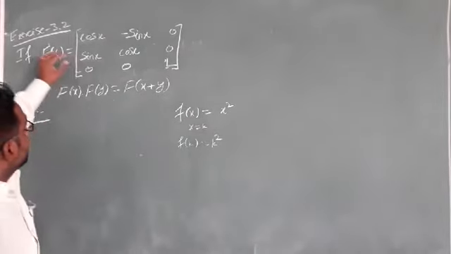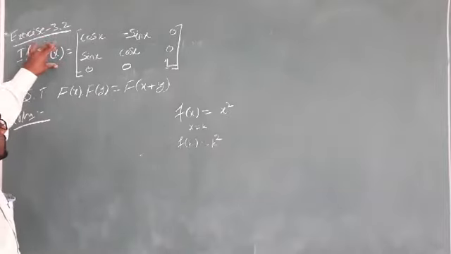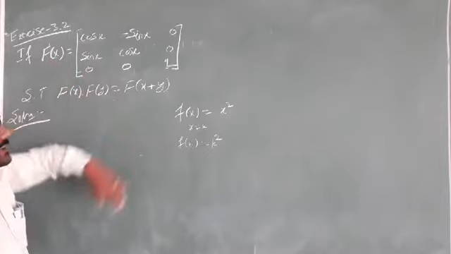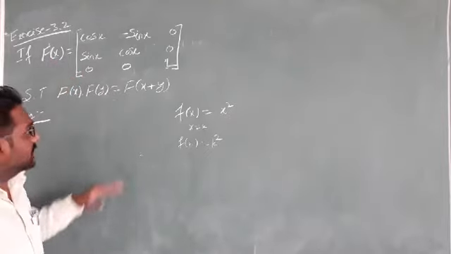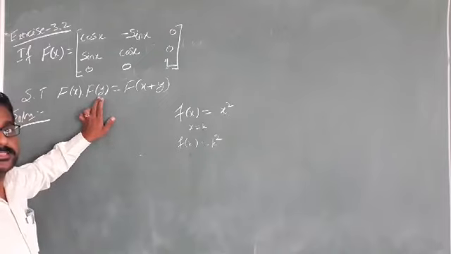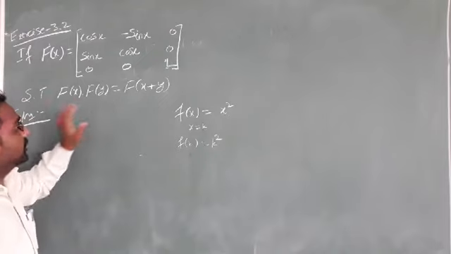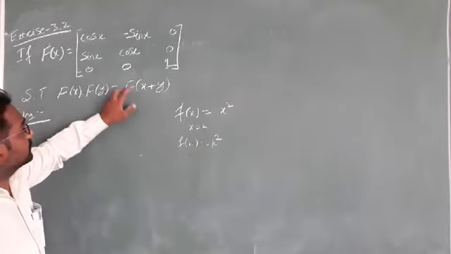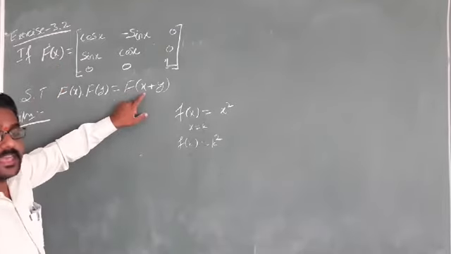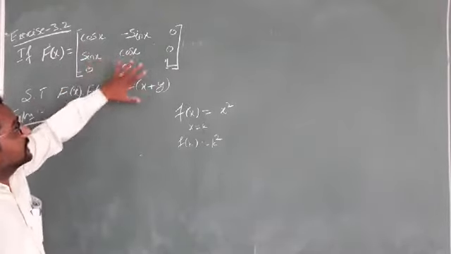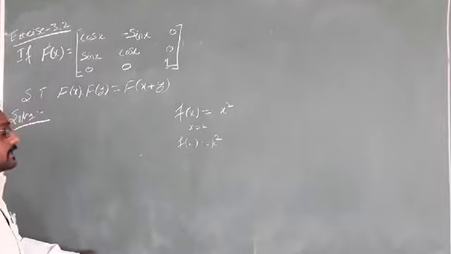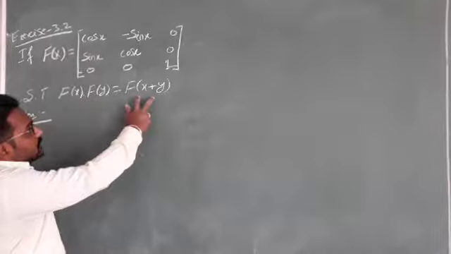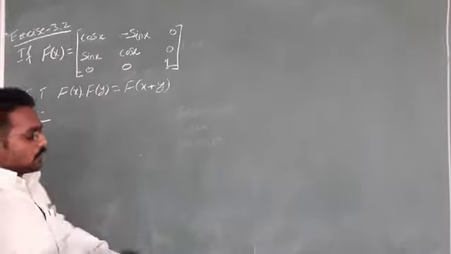So similarly, f of x is already here. Just replace x by y in the given function. So you will get another new matrix in terms of y, that is f of y. Then do the multiplication of f of x into f of y. And the next step, replace x by x plus y. You will get the matrix in terms of f of x plus y. Then compare the product of these two with this result, whether it is true or not.